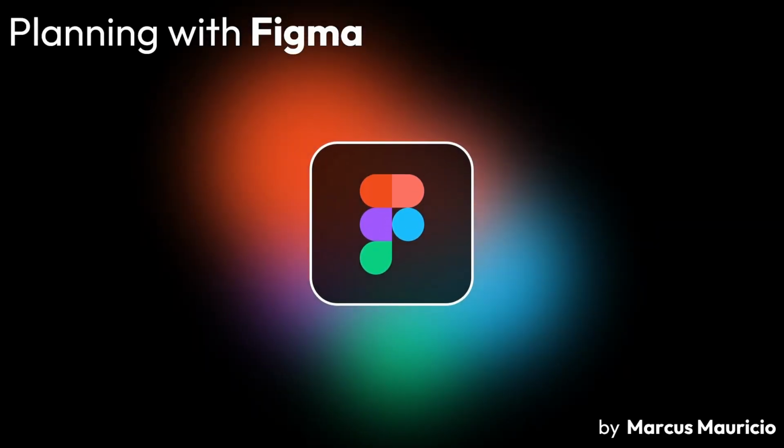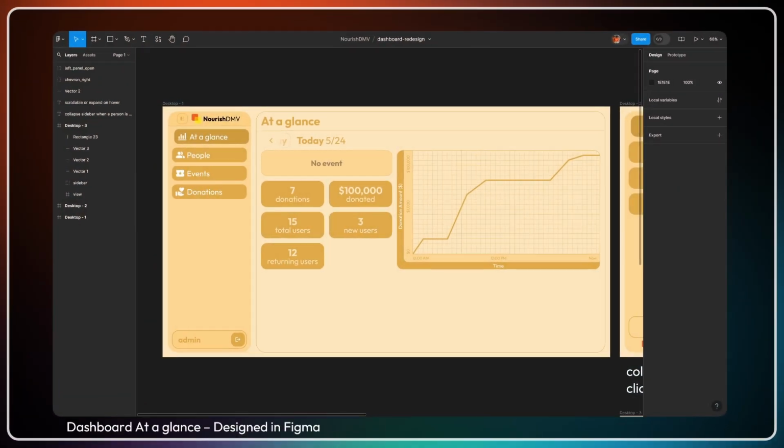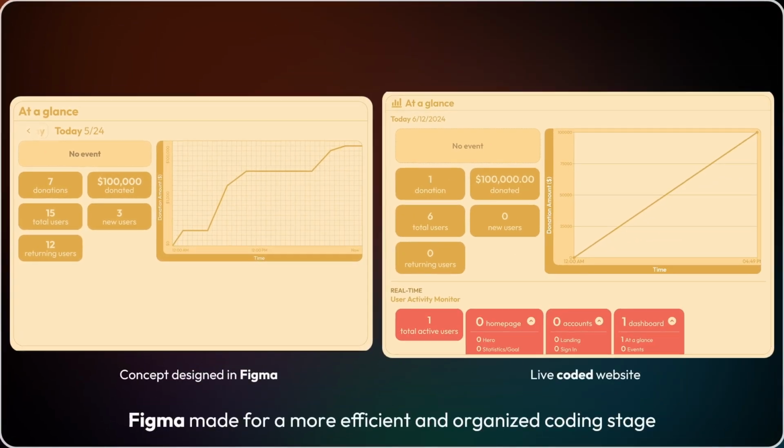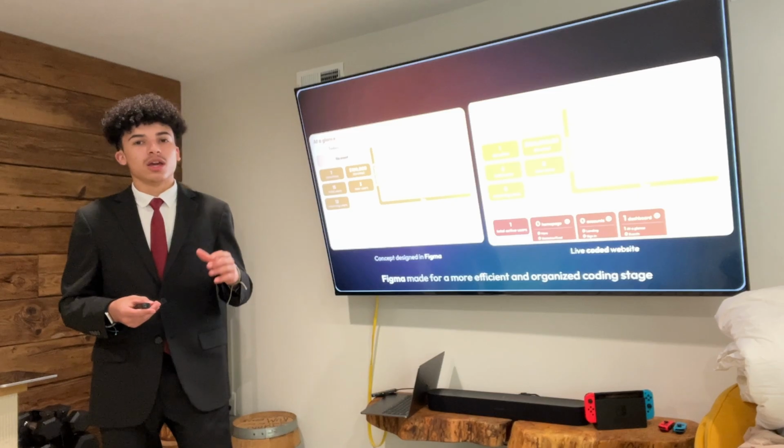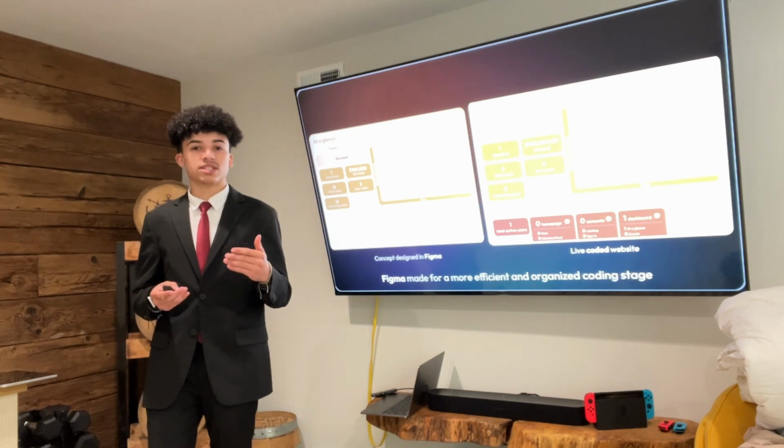Throughout my project, I used Figma to plan the design of user interfaces in my project, like the at-a-glance view in the dashboard. On the left is the concept design in Figma, and on the right is the version encoded on the website. Using Figma to plan made me much more organized and efficient by reducing the time spent on